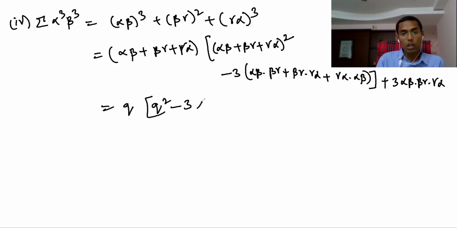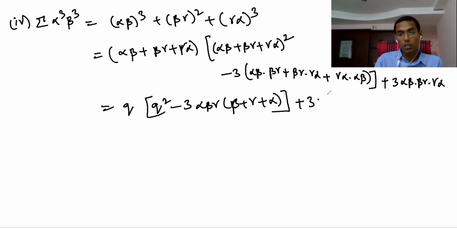What you can take? Alpha, beta, gamma, you can take common here. See, in this beta, gamma left, next in this beta left, and next gamma left, next alpha left, like that. This one you can make like that, and this is closed here. So this whole thing is one term, plus 3 times this is r square, alpha beta gamma whole square, alpha square beta square gamma square. So this is going to be